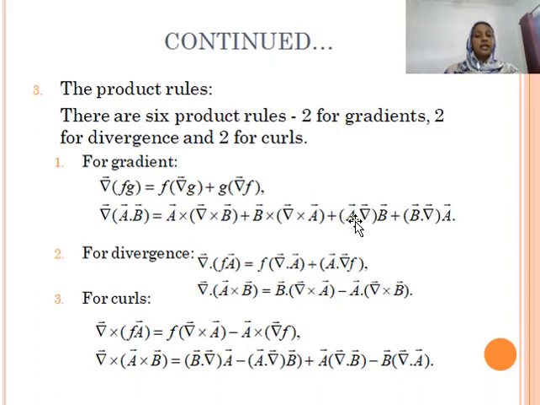A dot del is an operator. Why is it an operator? Because here there is dou by dou x, dou by dou y, dou by dou z, etc. But instead of this, if you write del dot A, it is dou Ax by dou x. So there is no naked operator. In the first case it is a naked operator, and if B comes here, it operates on it. So remember, in this case of the vector differential operator, there is no commutative law. A dot del is not equal to del dot A.